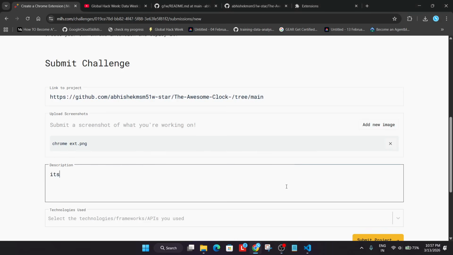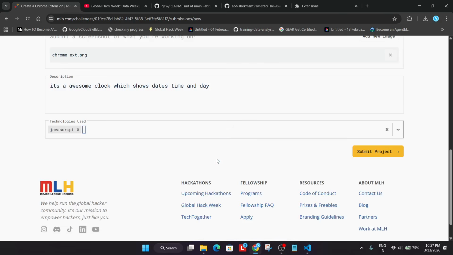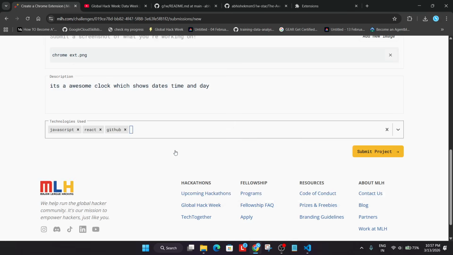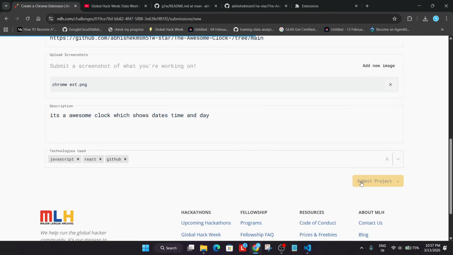You can write the description also. It is not required compulsory. Okay. And also you can mention the technology like HTML. It won't impact because you have already done this project, and there are no prizes for this project. Means individually it's not a hackathon. You'll be getting the swag, but there is no any prizes for completing this particular task, so it won't impact even if you are just submitting directly. After that, just click on submit project,